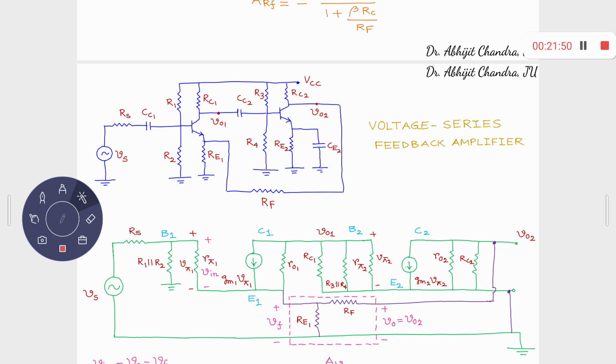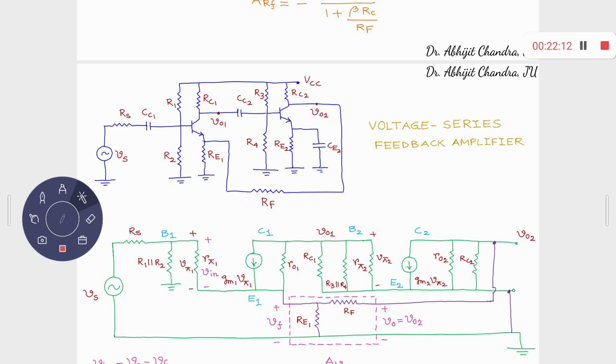So this point is held at AC ground. Right? Is it okay? So for the time being, let's assume that this R3 R4 is there between base 2 and